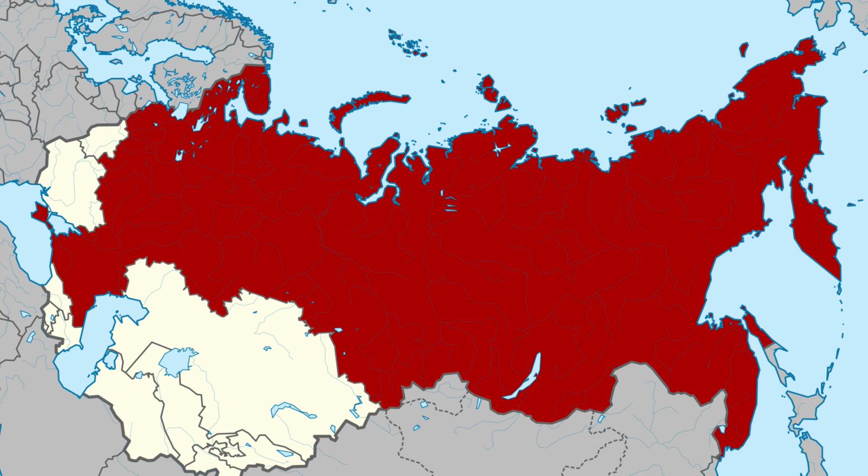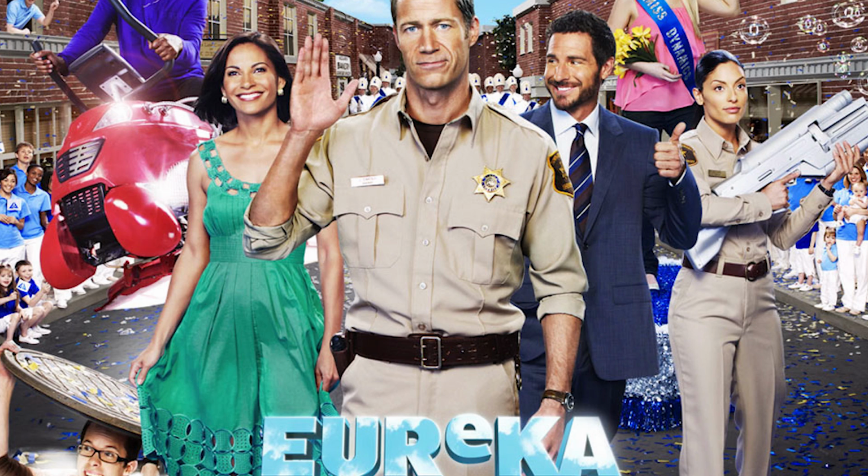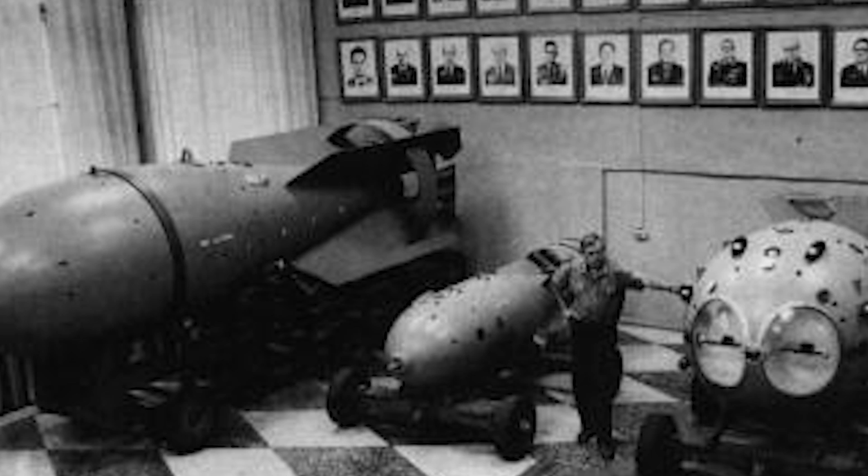Now, if you don't know what this is, the concept of the secret cities originated in the USSR in the 1940s. They were created so there could be secret locations where the most brilliant minds congregated, creating new technologies, energies, or developing the new industries of aerospace and arms. So kind of like a Russian Eureka. These cities were known only by a postal code identified with a name and a number, such as Arzamas 16, which is also a location that is believed to be where a large group of nuclear engineers lived and built